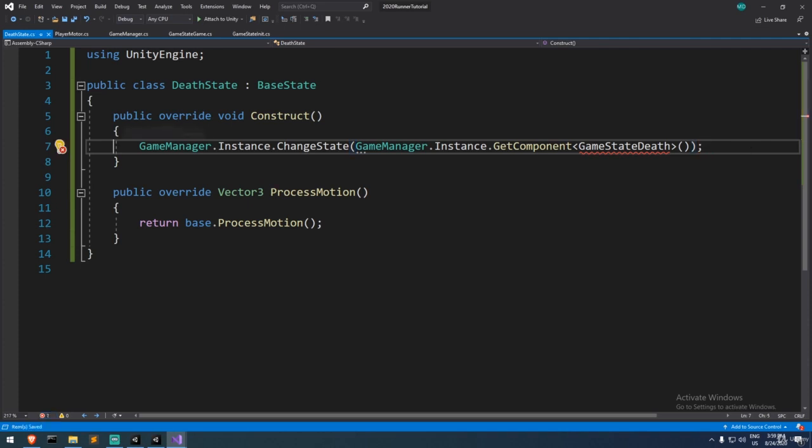I could do that right here, and I'll leave it in comments because I'd like not to spawn a dev state right away. I would assume that in the future, the dev state is going to create some sort of UI. It will pop up something that requires an action from the player. So maybe the UI will come down and it will ask you, hey, do you want to replay or do you want to go back to the menu? Something of the sort. And if it happens at the exact same time as you die, it's going to be like, okay, you're hitting the wall and then you're triggered right now. Do you want to play again? While this could be the behavior you'd like to have for your game, in mine, I'd like to wait just